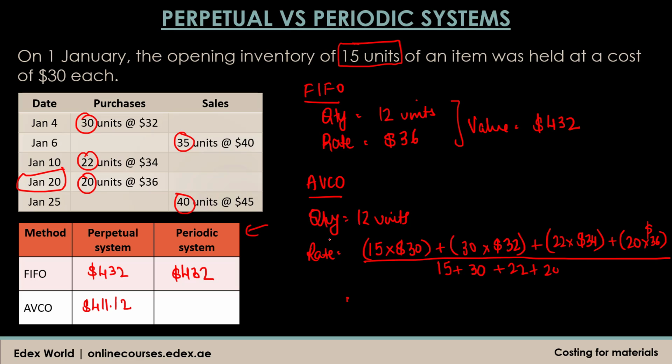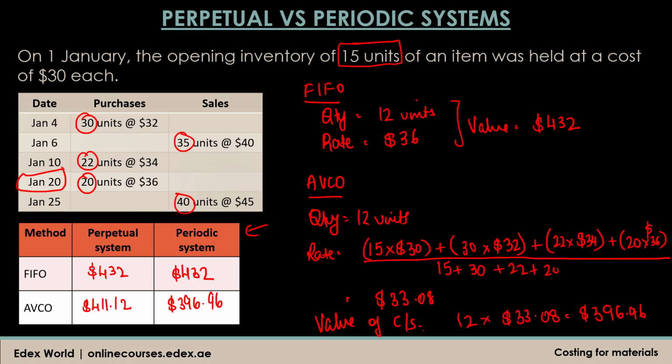And when we do this, we get an average rate of $33.08. So based on this, what will be the value of closing stock? 12 units into $33.08 per unit, which works out to $396.96. So let me put it down here in this table, $396.96. So if you compare the FIFO under perpetual system and periodic system, it is giving you the same value